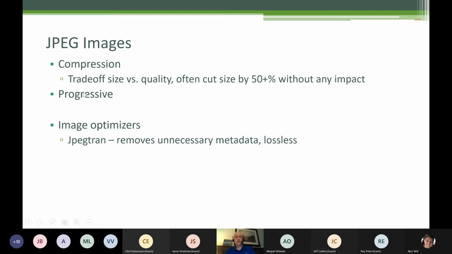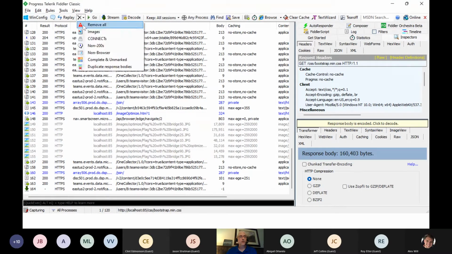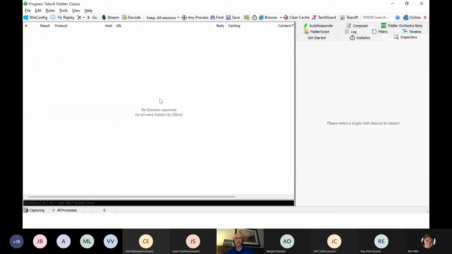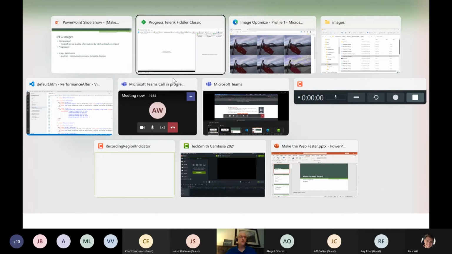You can also do progressive JPEGs. I'm going to show you, these are becoming popular again, in case you have not heard of this before. So I'm going to go into Fiddler and I'm going to make it intentionally slow. I'm going to make it act like a modem. I want you to watch the paint. So if I pull this up,